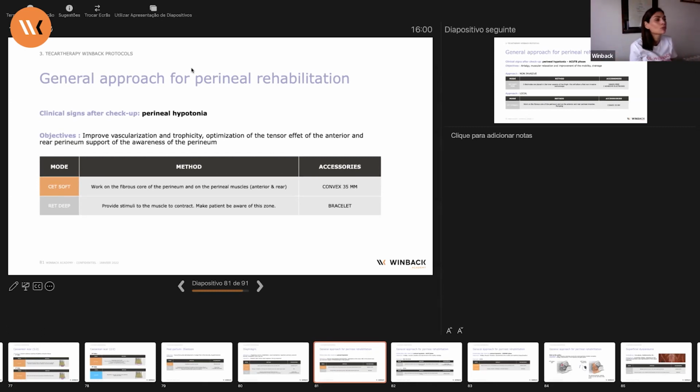So the general approach for perineal rehabilitation, when you have a perineal hypotonia, our objective will be the improvement of vascularization and trophicity of the perineum, okay? We want to optimize the tensor effect of the anterior and rear perineum and support the awareness of the perineum. So we will work on the fibrous core of the perineum, on the perineal